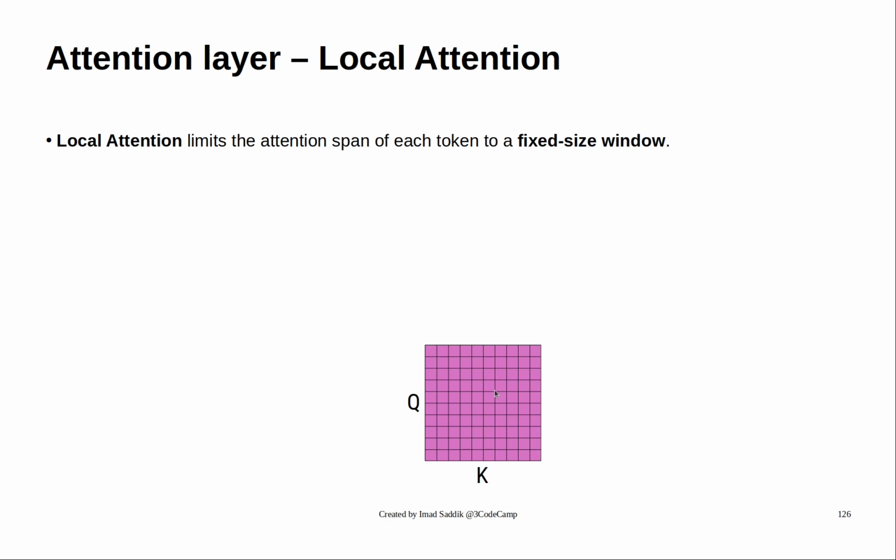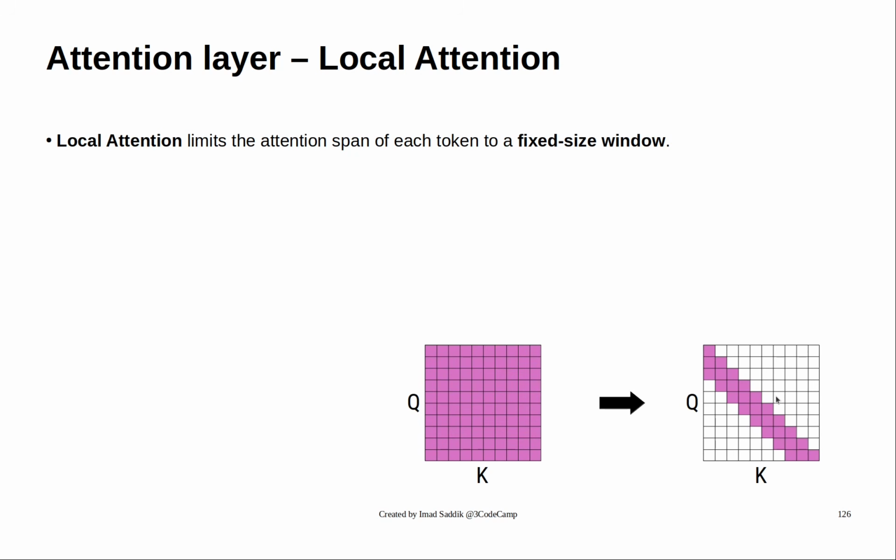Here is the full attention scores matrix, and this is how it looks after applying a window size of 3. You can see that in this case, a token can attend up to 2 positions in the past. If I am, for example, here, I can only look at the 2 previous tokens, but you can play with this value. This makes local attention efficient,